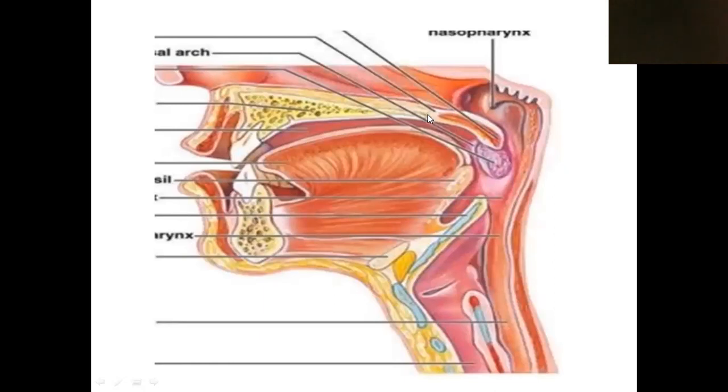So some of the fibers of the musculus uvulae arise from this posterior nasal spine. Other fibers arise from that aponeurosis. Anyway, both fibers run downward and backward and are inserted to this white colored mucous membrane. That is the covering of the palate. Okay, so inserted to that mucous membrane.